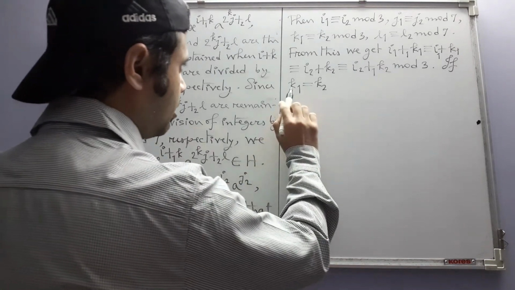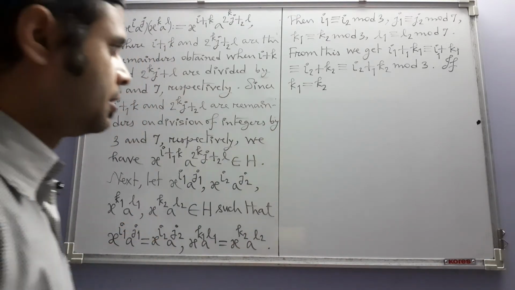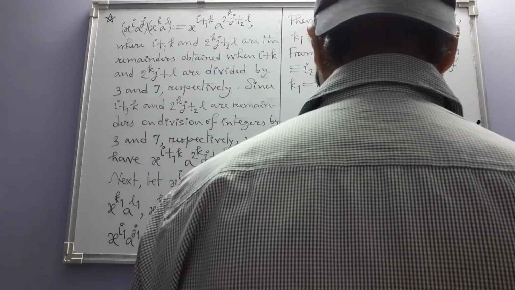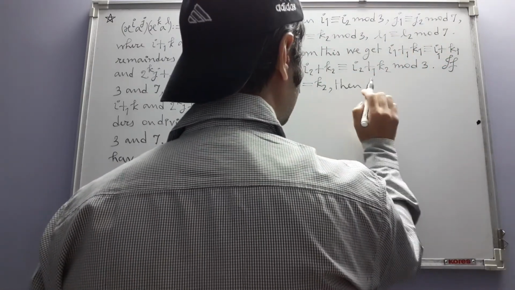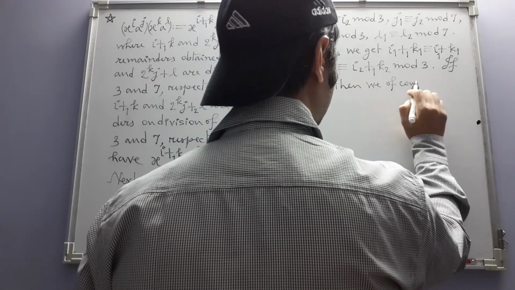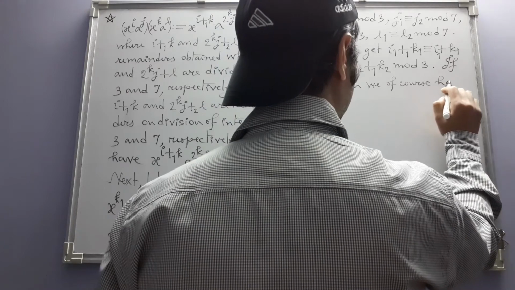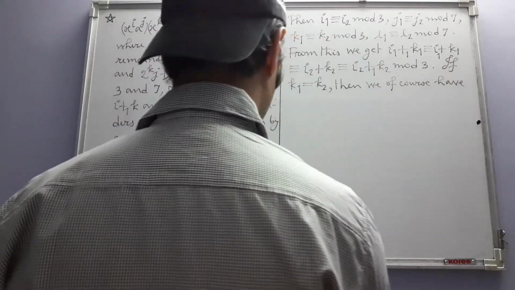So as integers they may or may not be equal. Now if k1 is equal to k2, then we of course have this next congruence: